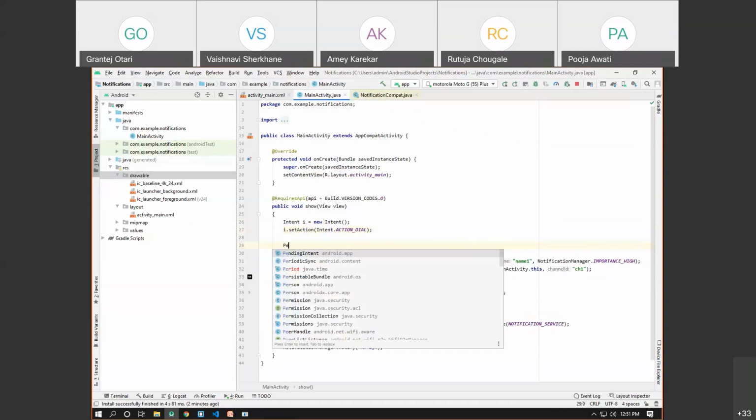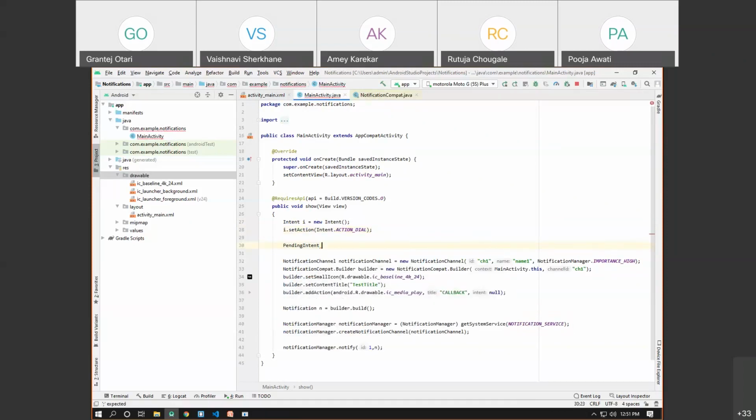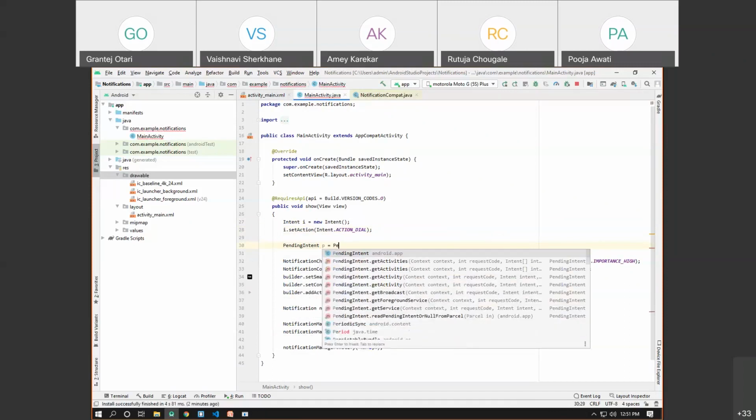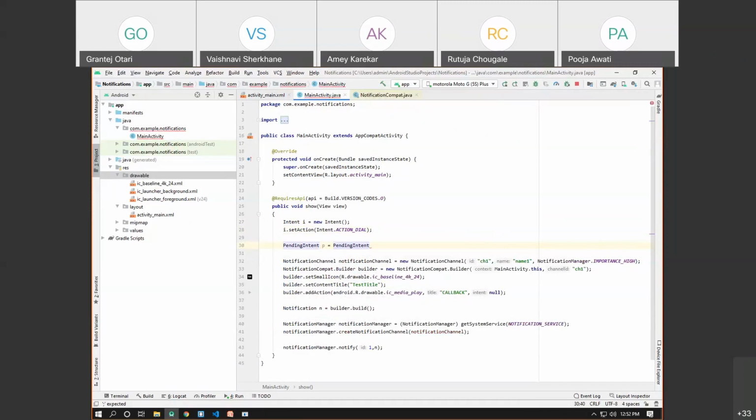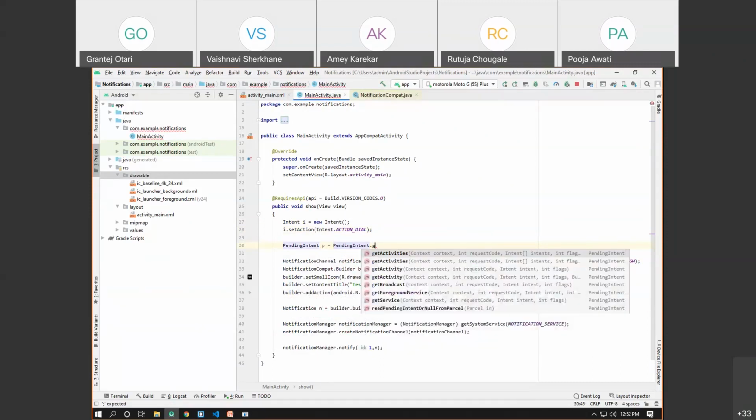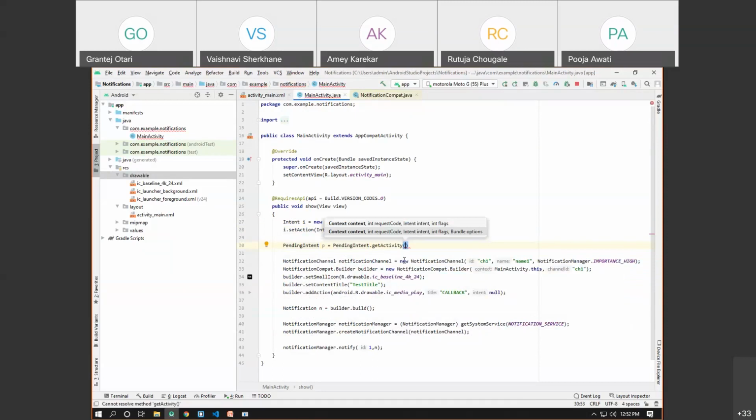So I can say PendingIntent p is equal to the PendingIntent class name dot the method called getActivity. If you want to call multiple activities, you can execute the method getActivities. Now, since I'm going to call a single activity, I'm calling the method getActivity. As you can see here, getActivity method takes first a parameter, which is the context.